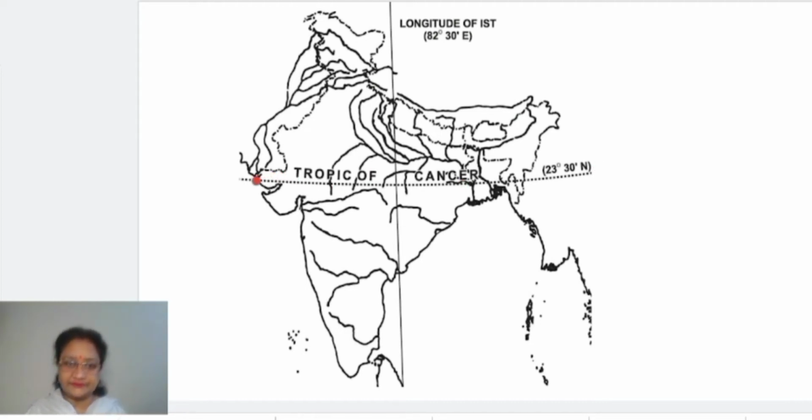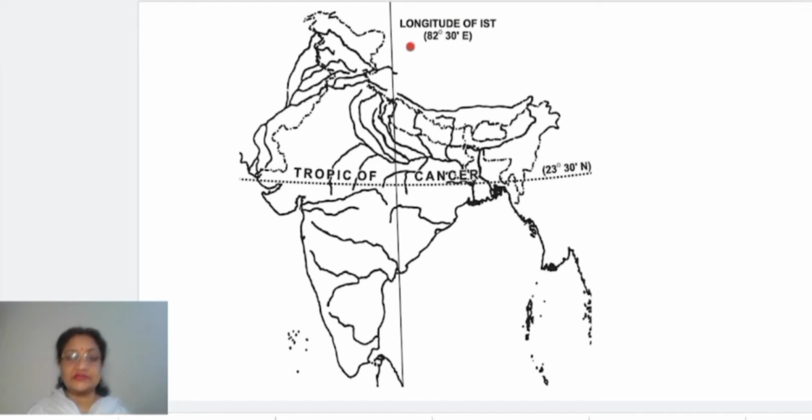You can see here western side, from here it's starting, and it comes to the northeastern states. This tip of the boundary is there, and it is a little below the Tropic of Cancer. Now the second important line, the earlier one, Tropic of Cancer, was the latitude. Now this is a longitude which is very, very important for us in India, and this is the Indian Standard Meridian, and its value is 82.5 degrees east.